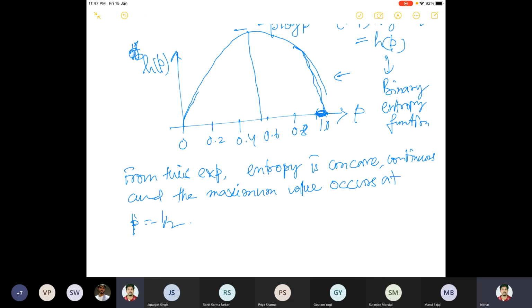If you are going to toss, you are not sure whether it will be head or tail. But if you distort this distribution a little bit, let's say you make p the value 0.8, that means there is an 80% chance that it will be head, then the entropy drops. The uncertainty reduces because there is an 80% chance that you are going to get head, compared to p equal to half. Similarly, if p equals 0.2, the probability of getting tail is 0.8, and in that case also the entropy reduces.